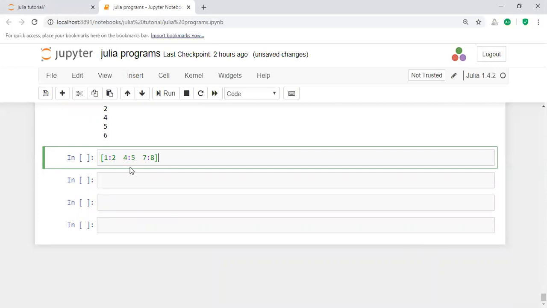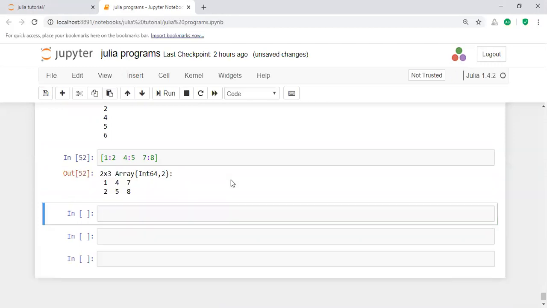You may take spaces or tabs. I am taking the spaces here. Here it is called a 2 by 2 matrix, 1 4, and then a 2 by 3 matrix here. In this way you will get a multi-dimensional array.